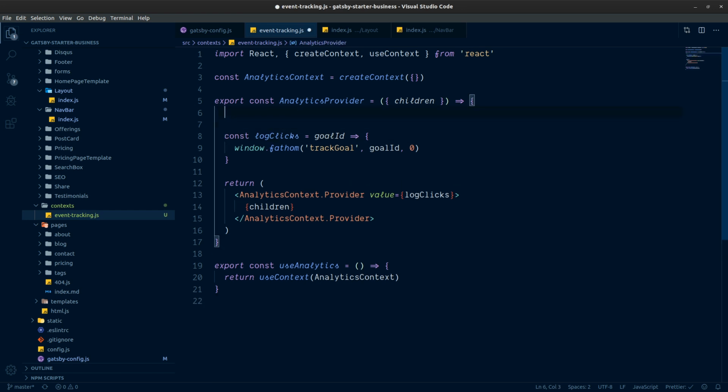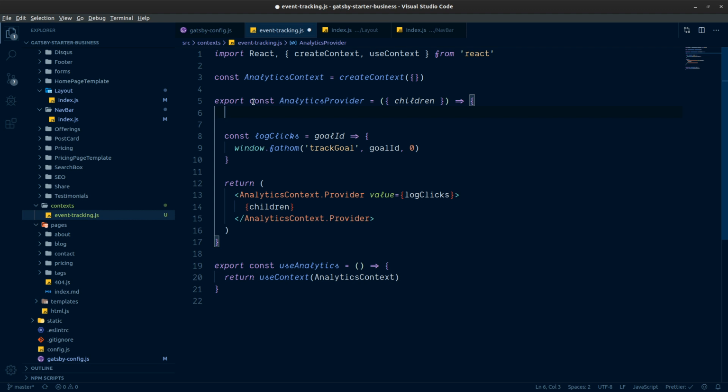We're also going to want to be able to stop logging events if we're on a dev server. We can do that by saying if window.fathom, which is what we just looked at on the deployed site we made, comes back as undefined,